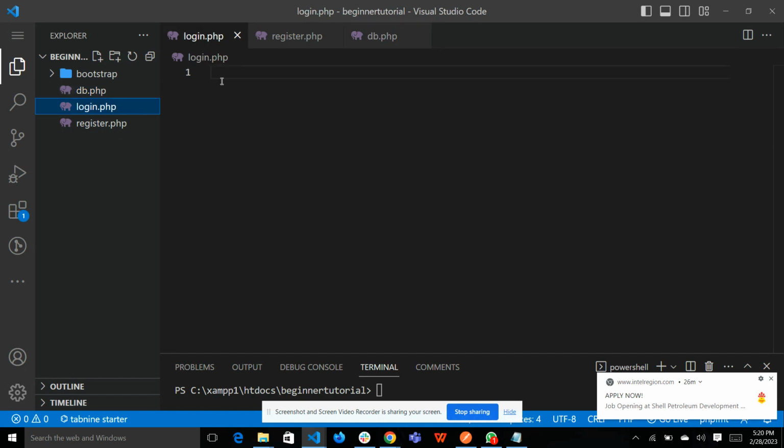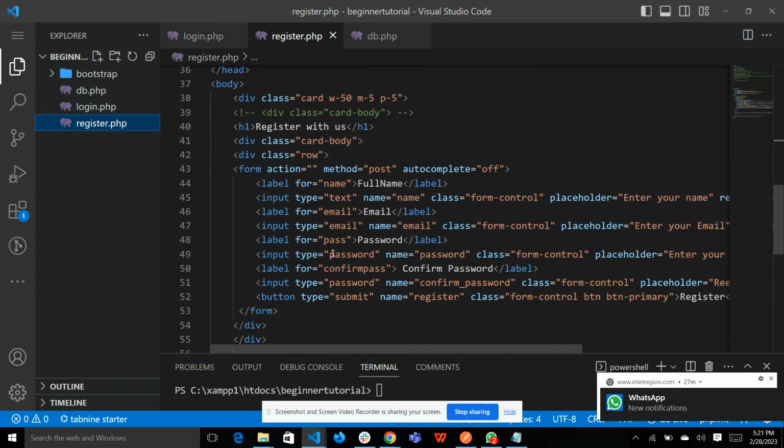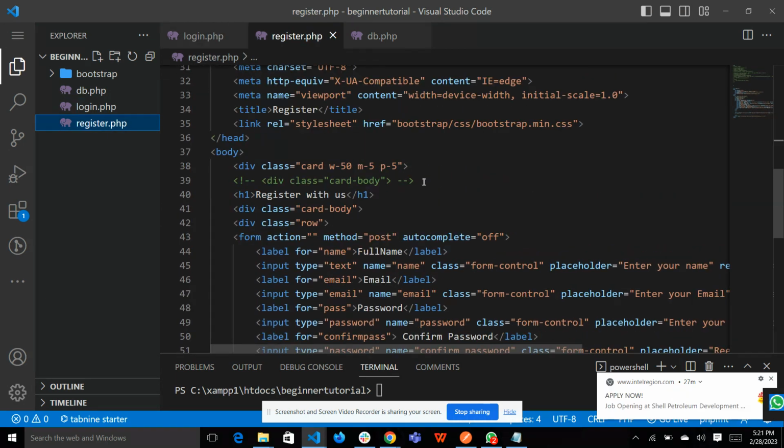And then I have the login here. I've not written anything. This will be where we write our login. After registering a user into our database, we have to let them log in with the details they registered with. And here in the registration file, I believe you already know the basics of HTML,